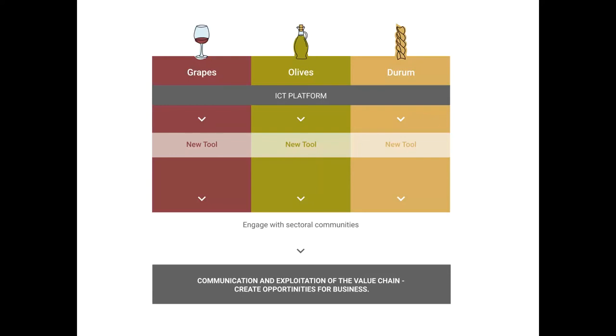Some activities, which you can see here in the vertical direction, are associated with each of the different sectors that Met Gold is targeting. Met Gold is developing services for each sector: grapes, wine, olives, durum wheat. And in each sector, what we are trying to do is to develop new tools which support decisions